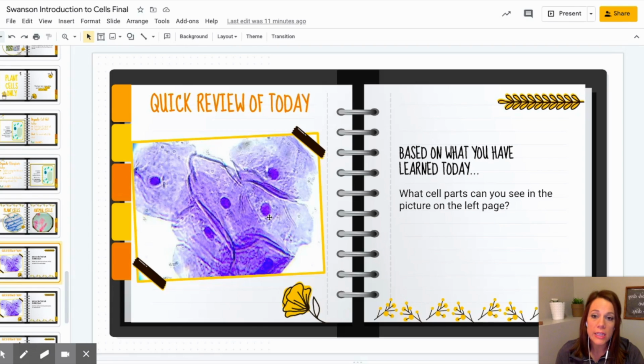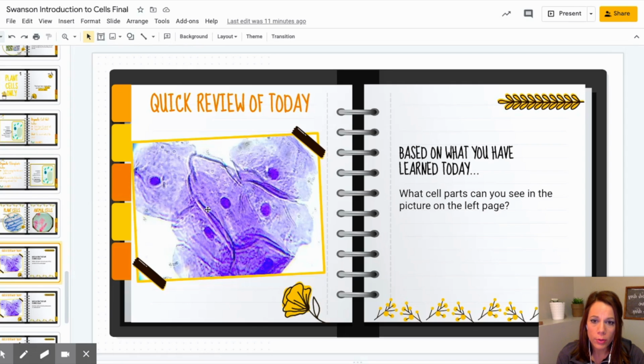Again, they're not always right in the center, but that's the nucleus. That's the control center of the cell. I can't tell the mitochondria. I can't tell the Golgi body, like we talked about yesterday. I can't tell where the little water vacuoles are. I mean, maybe I could guess, but really the only other thing that I can see here is